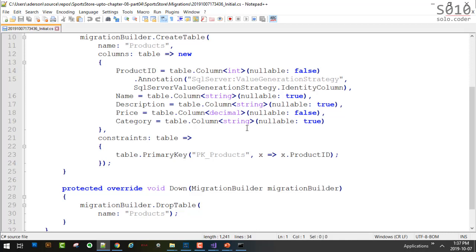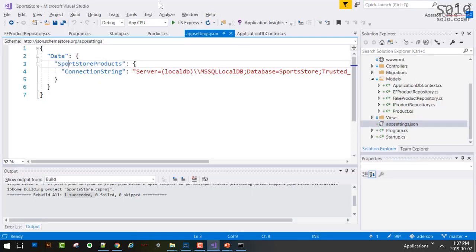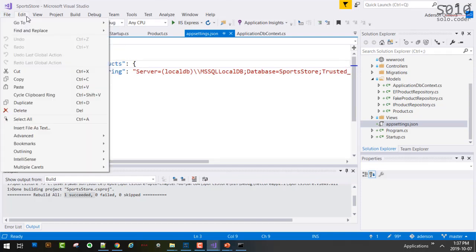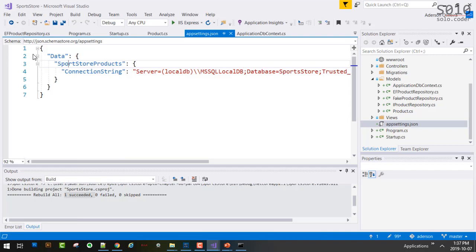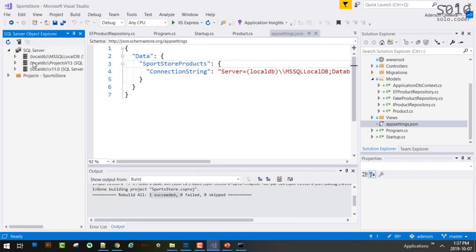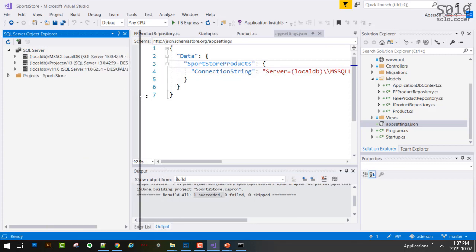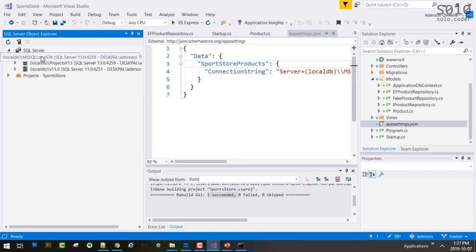Okay. We have our migration scripts. Then what? The database is not created yet. We don't have a database yet. So what I'm going to do is show you how you can look at the databases on your local DB. You can go to View, SQL Server Object Explorer. In my case, I have 3 local DBs. Don't ask me why. There's one that is system related, but the one you should pay attention to is the one that says local DB